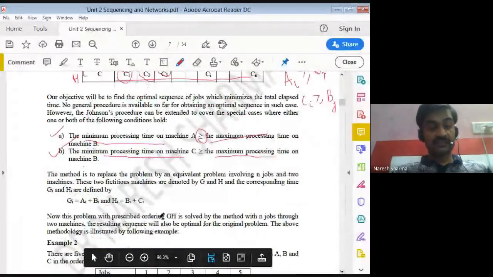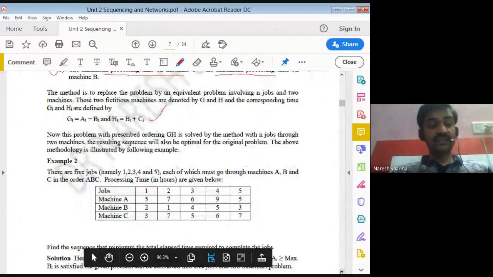Now we can go to an example for better understanding.